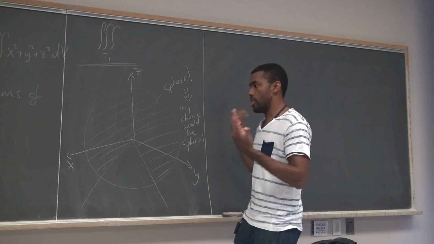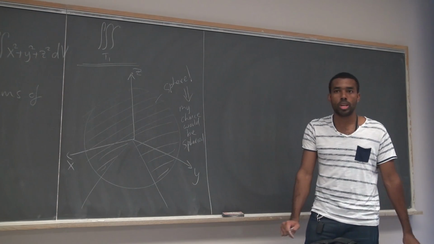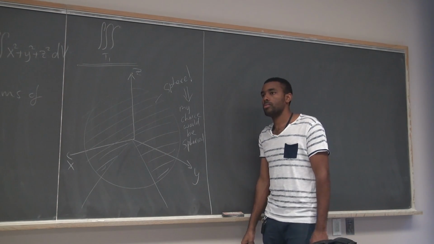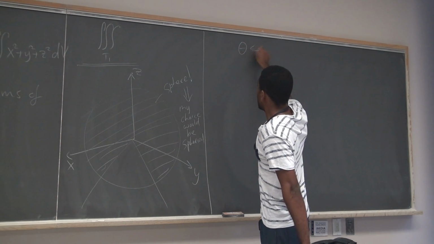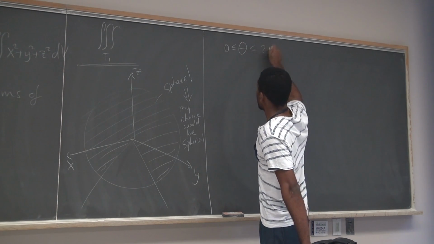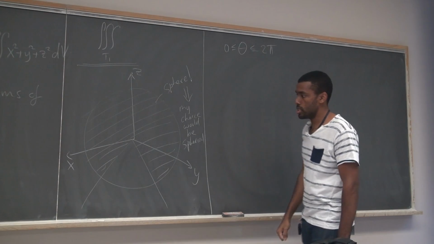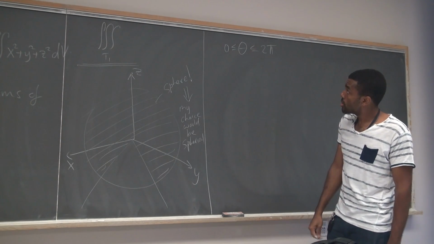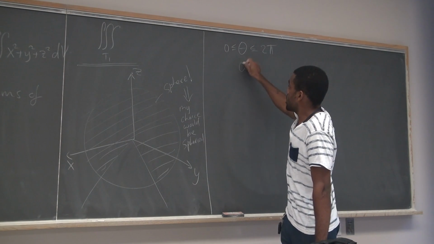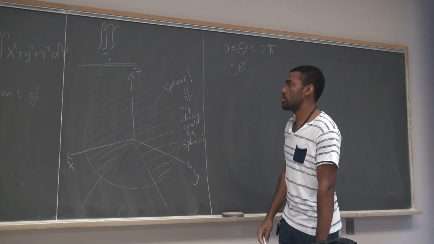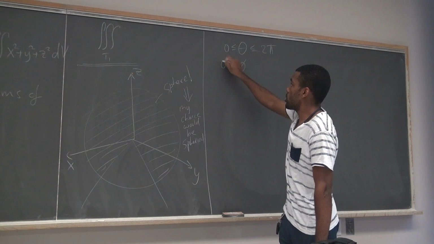So, how is the setup? How does spherical work? Our theta would go from 0 to 2 pi. That one's easy. That one we know from polar coordinates, so it should be pretty easy to see. Okay. Phi goes from 0 to,